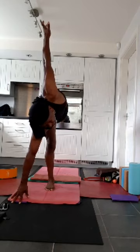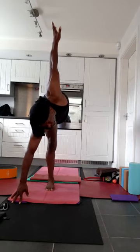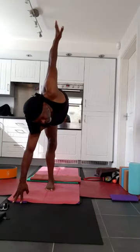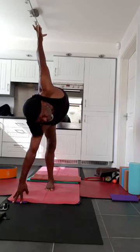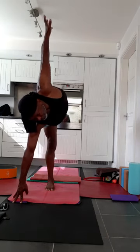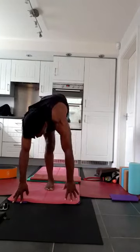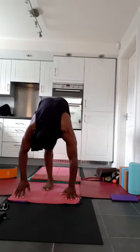As you're reaching your right arm up, you reach back into your right heel. Now breathe in, lengthen ribs away from your left hip. And as you exhale, as you're rolling your chest open, reach your right heel back. One more breath, deep breath. And exhale, bring the hands to the floor and then reach your right leg up towards the ceiling for vertical